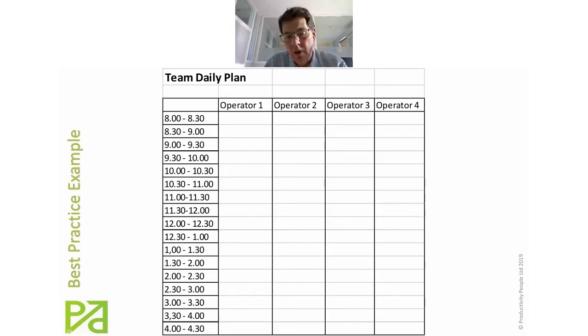Visual planning of people's roles and responsibilities. You can see in this example, this is a day down the left-hand side, and these are your employees, and what you would map out on here is who's working on what at what time. Again, that sets expectations around what we're aiming to do, and if we don't achieve them, it helps us to ask the question why and understand what went wrong in the process that meant we weren't able to achieve our